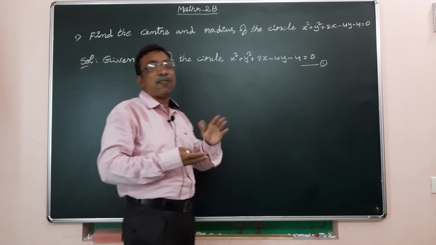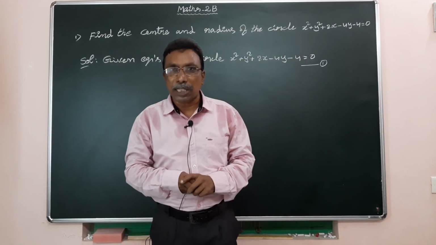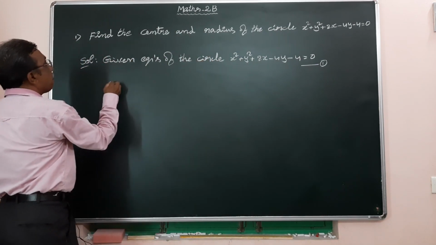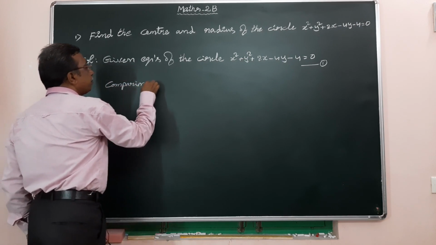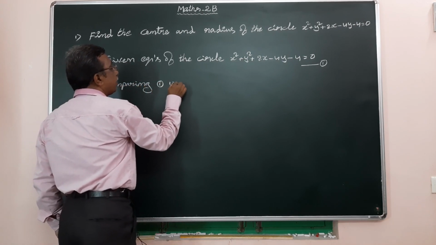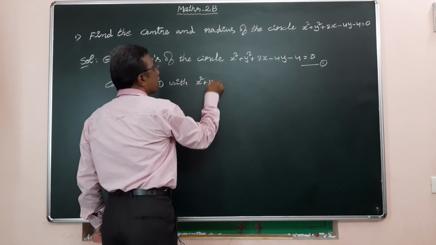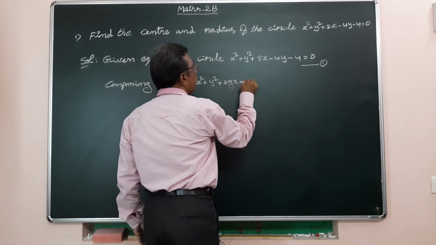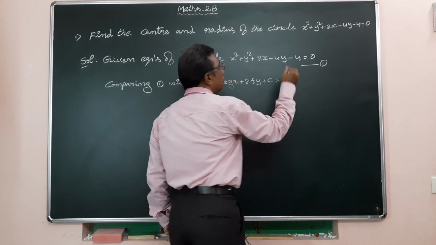What is the general form of circle equation? x square plus y square plus 2gx plus 2fy plus c equal to 0. So comparing one with